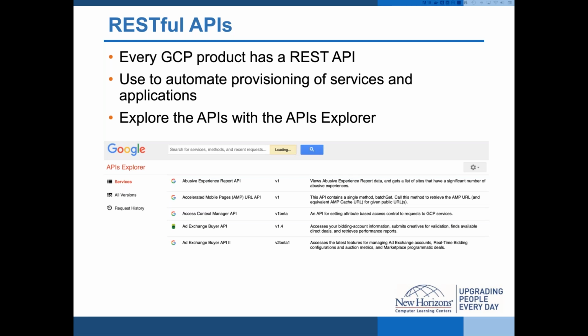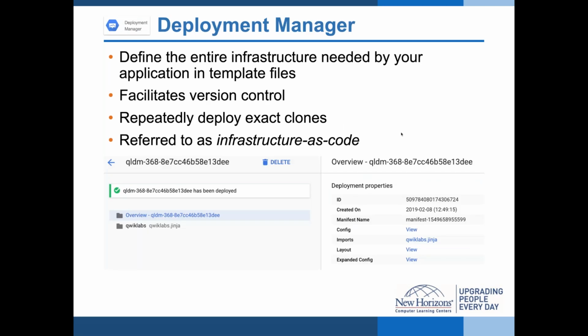Now, Deployment Manager is the next piece of this. Deployment Manager is a tool within GCP that lets you define essentially all the infrastructure that's needed by your application in template files. And because they're all in files, you can store them in version control systems. You can repeatedly deploy exact clones of your infrastructure pieces, which is nice. And somebody somewhere coined a term for this called infrastructure as code. And you can kind of see it here